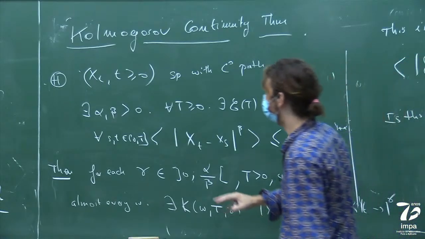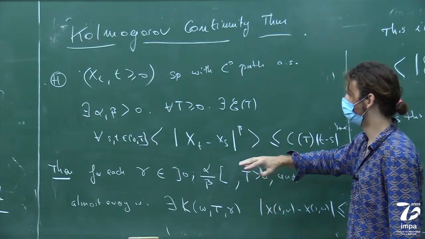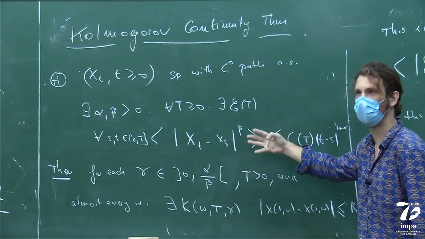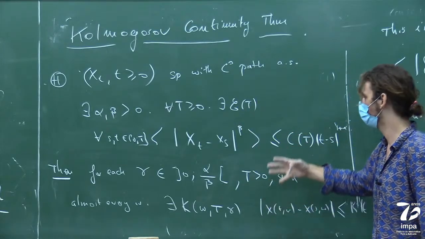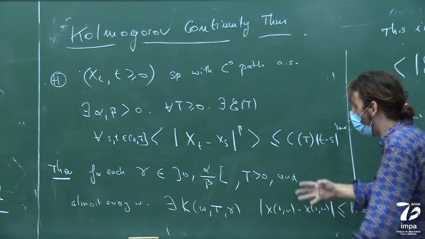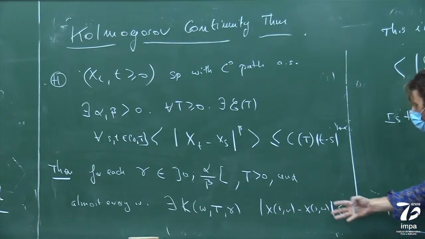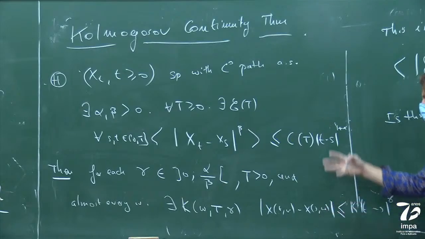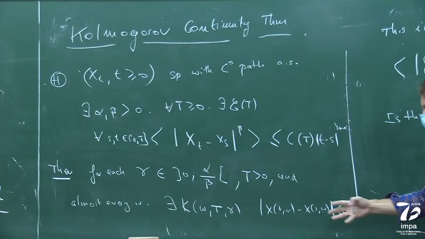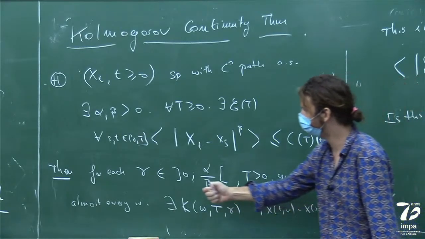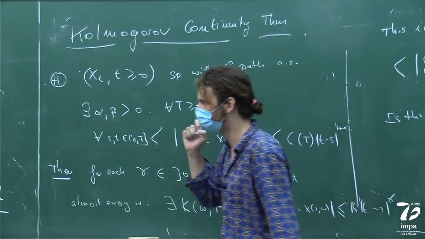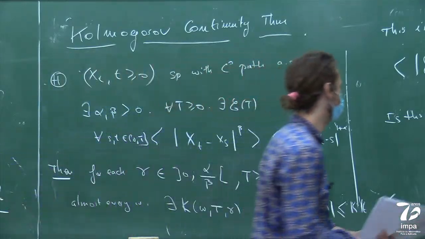So basically, it's a theorem which tells you something about the properties of the realization given the properties of the average. For almost every realization, without any average to be taken, if this is true, we can think of this as a field. The field will have a certain regularity, and this regularity is prescribed by this exponent. So let us see what this implies for our case.